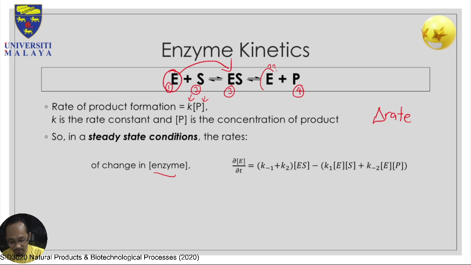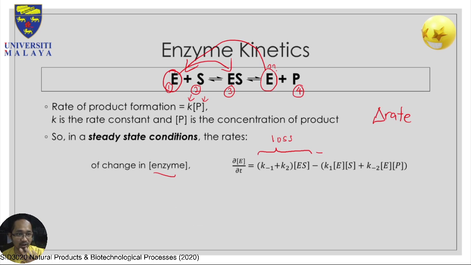Because this is the catalyst, so the rates of change of the components are similar, so you can combine them. This section of the reaction tells you about the rate of change in terms of loss, the rate of loss of the enzyme concentration minus the rate of